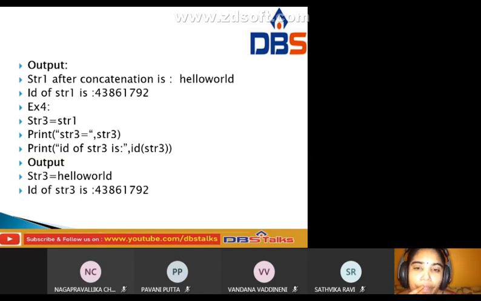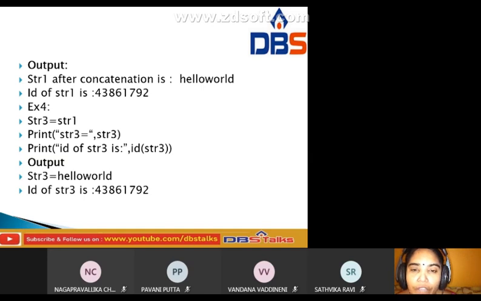Another example: suppose we take str3 equal to str1. Str3 equal to str1 means string 3 equal to string 1. Print str3, and we get hello world, because str1 is hello world. Then print the id of str3.